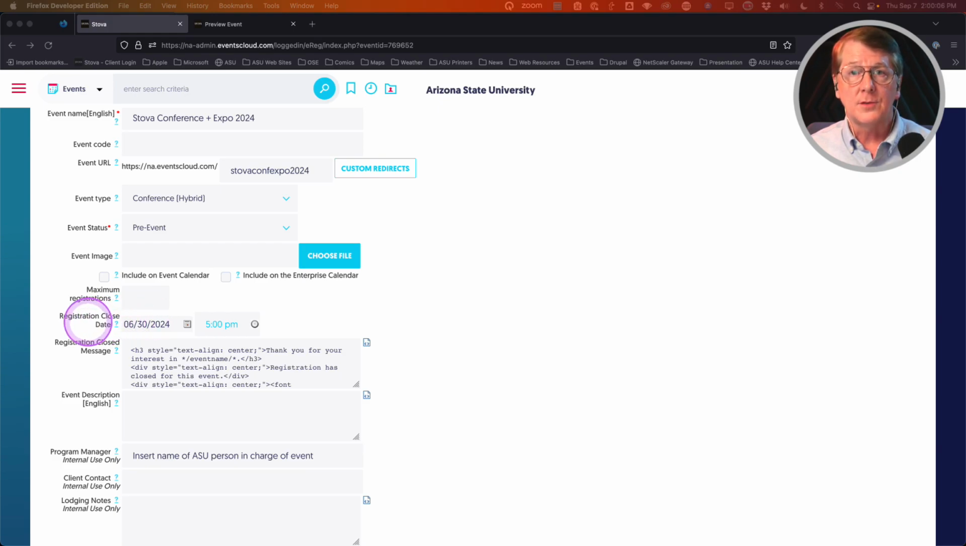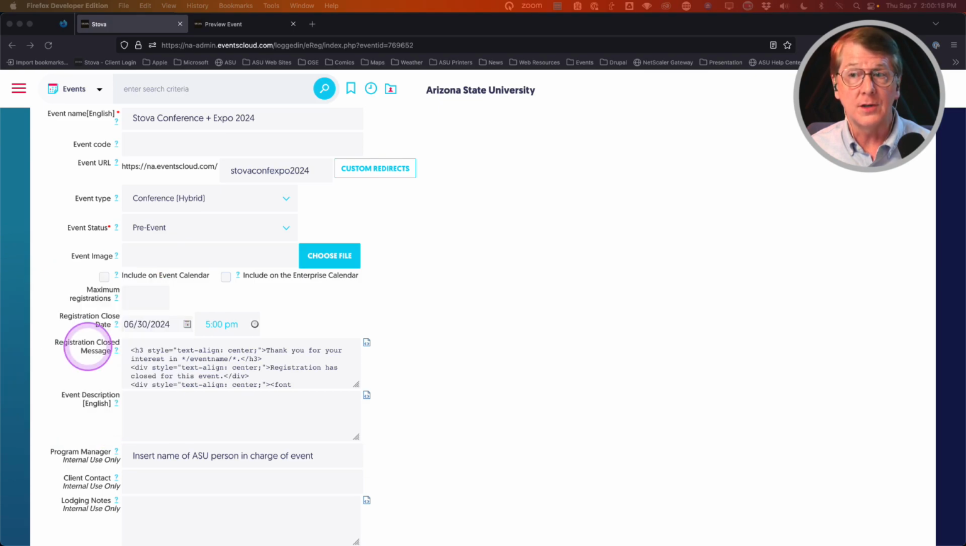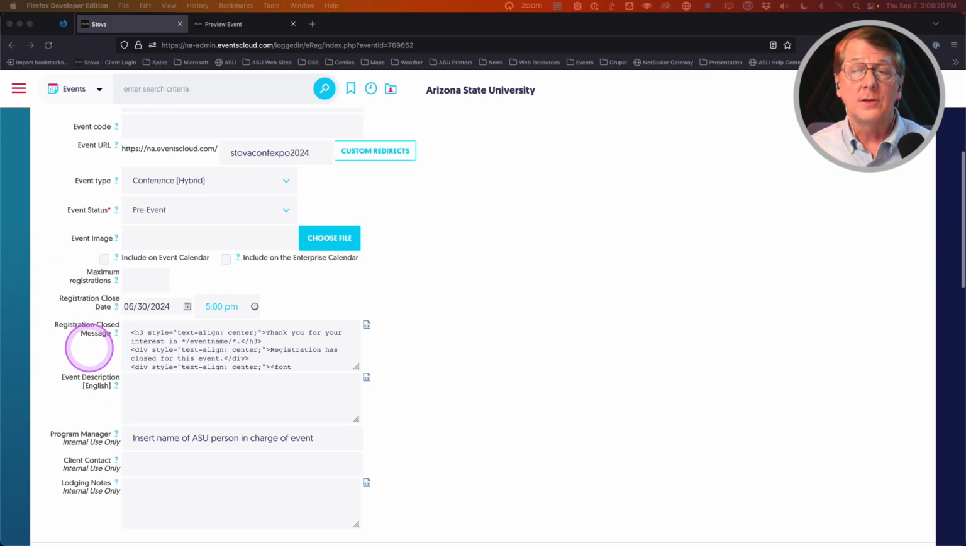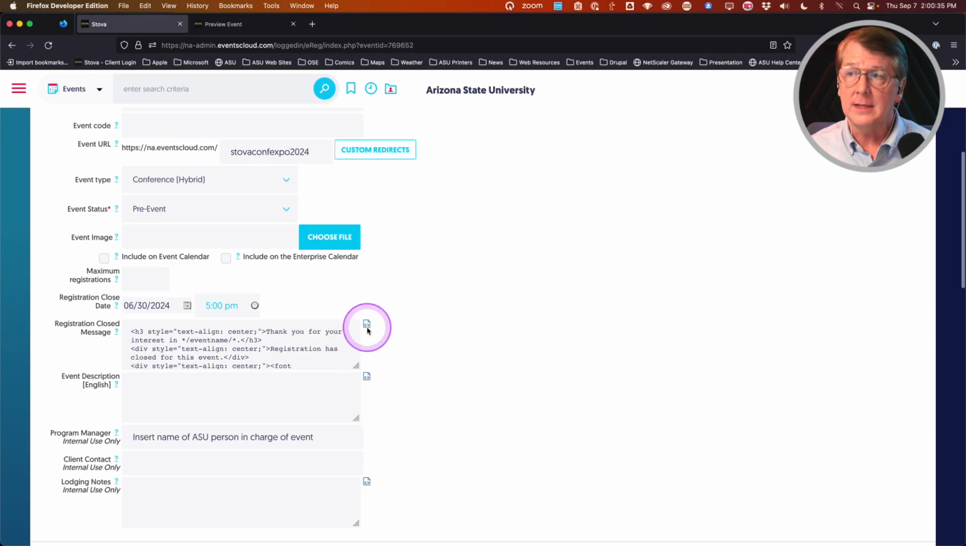Any time in Stova where we have a field that's going to close the system, there will be a follow-up field for putting a message. So you can tell people why the system will no longer take their registrations. Okay. In our template, we have some text. It looks a little funky. That's because this field is an HTML field. You can tell because HTML fields have this little icon next to it. If you'd like to edit this text, simply click on that button